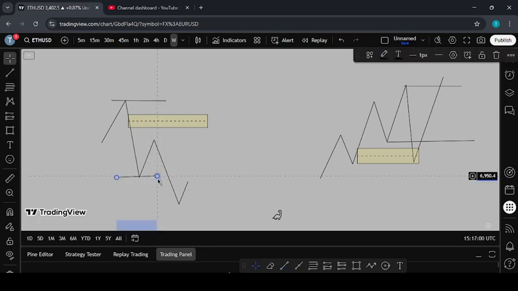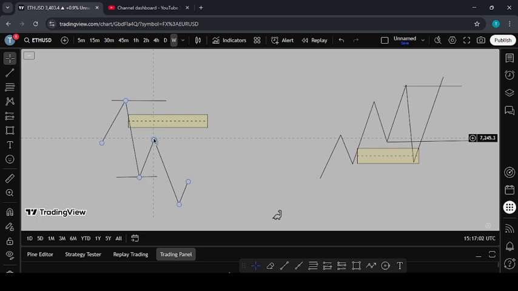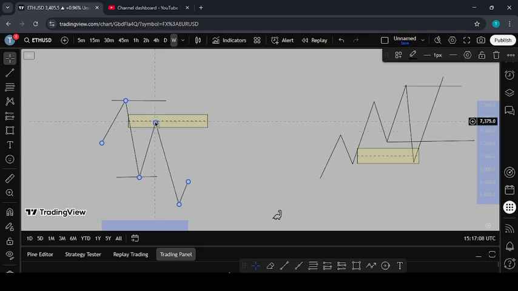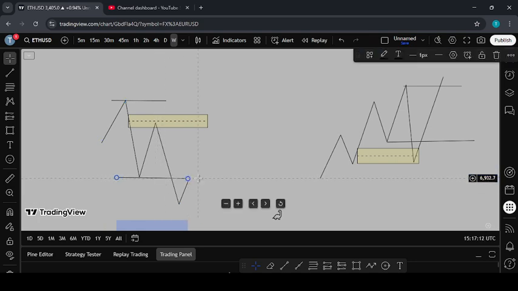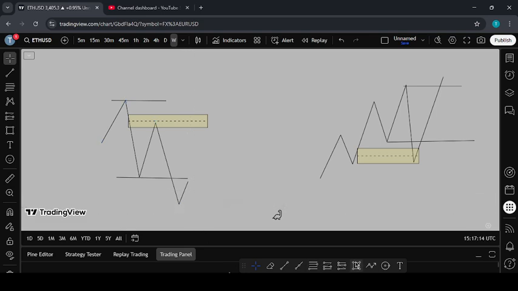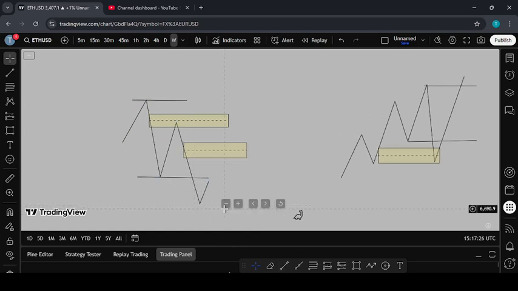Okay, so for this market to move, it needs to what? Move from this external that it has created, tap into an internal, then move from this internal back into the external while sweeping the external. Then while creating a new swing, the market does the same thing, creates an imbalance again, which is a fair value gap. For it to continue moving, the market will create this external range liquidity right here at the bottom of this swing,